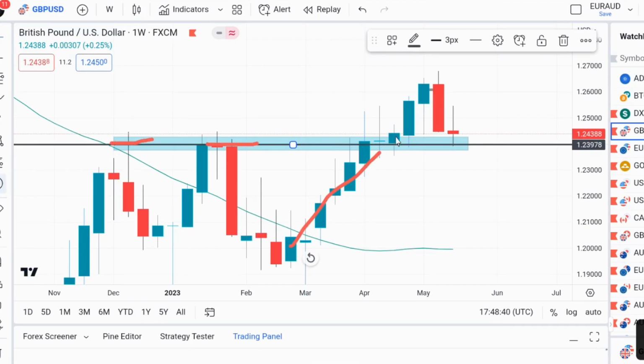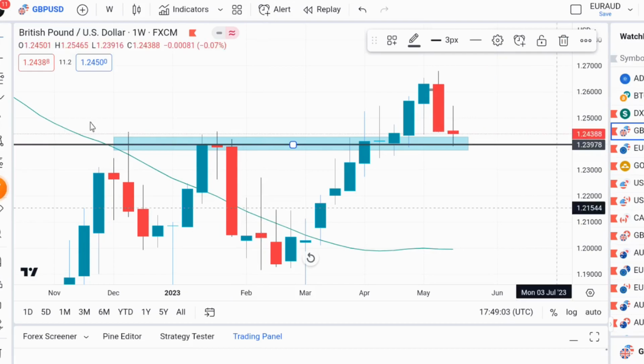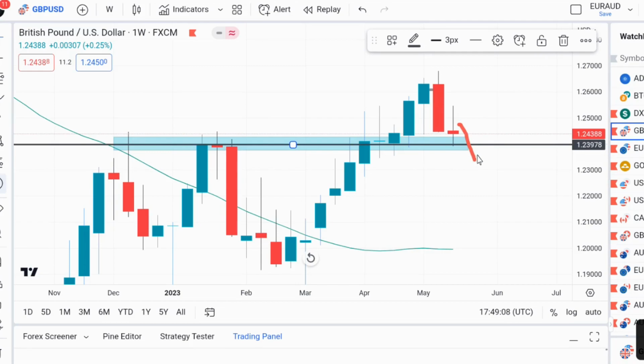We have a break of this resistance level and a retest. And at the retest level, we saw the doji candle, which is a reversal pattern right here, which tells us that buyers might resume at this particular area to the upside. So what will make us have a sell bias is if we have a break back into this zone. That is what will make us have a sell bias to the downside.